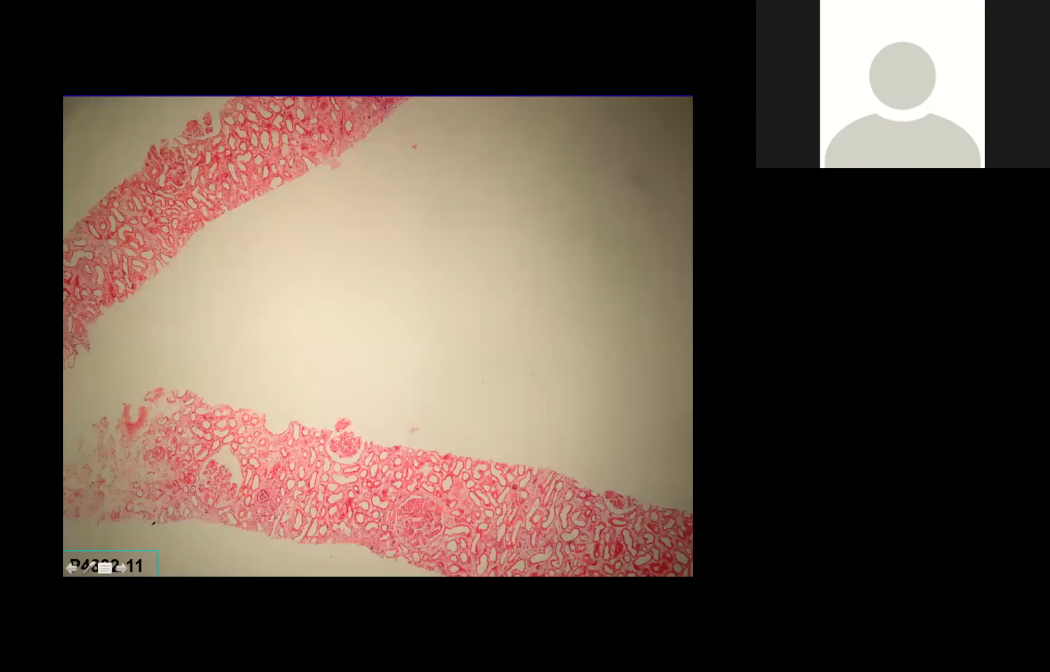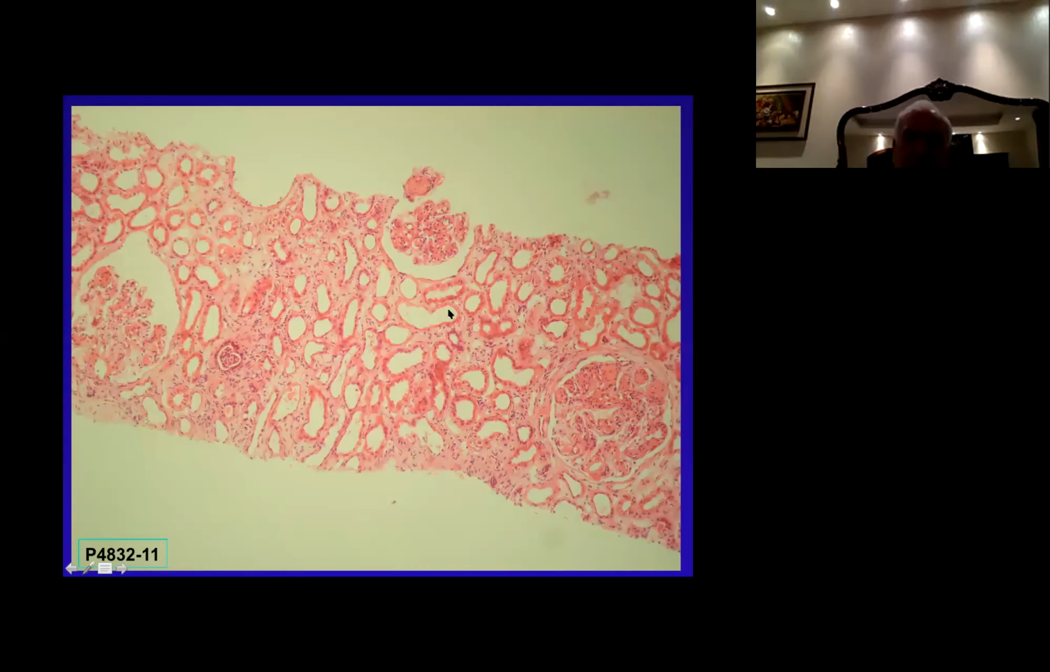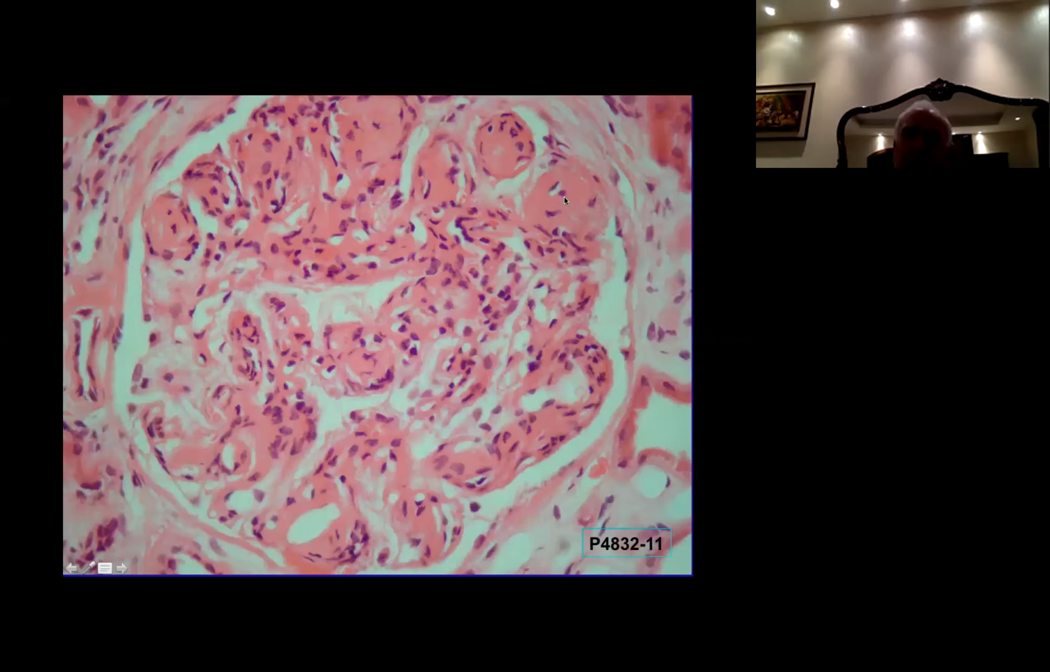We have more than 19 glomeruli, and here you start seeing one glomerulus, two glomeruli, three glomeruli. And look at the renal tubules. The renal tubules are not really bad, so very little interstitial disease. They are almost close to each other in this area. And look, there is some abnormality in the glomeruli. Under higher magnification, see what we have. These are nodules, a nodular pattern